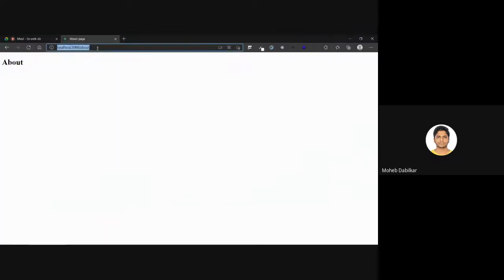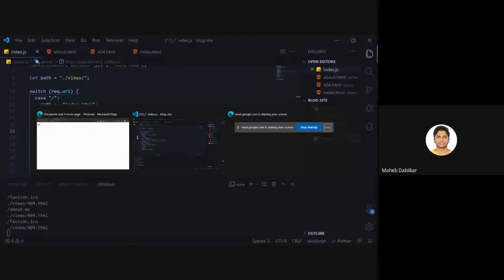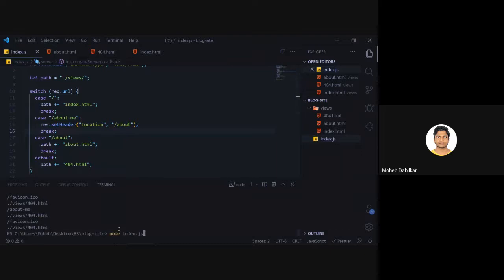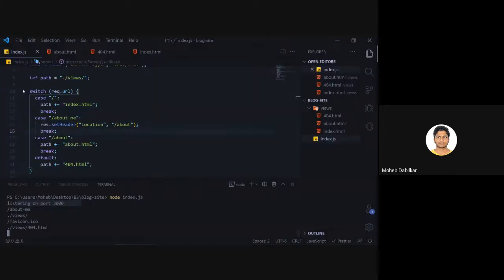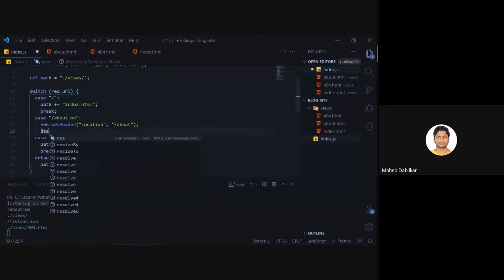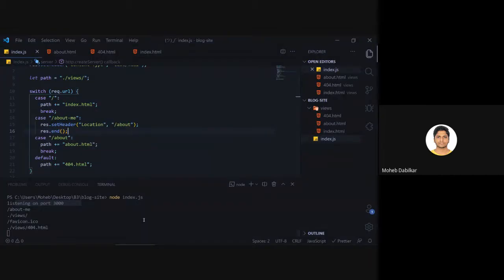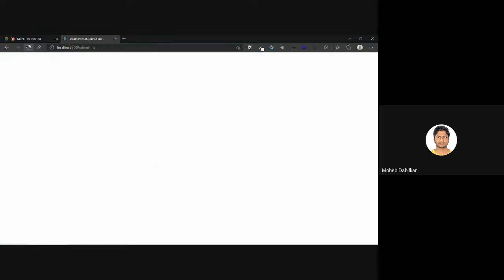Let's go to about me now. Yeah, it gives us a 404 page because we did not restart our server. Now that it is restarted, we can refresh it, and it says error finding file. This is happening because we need to end our response over here only. So we will say response dot end. Now try and run it again.